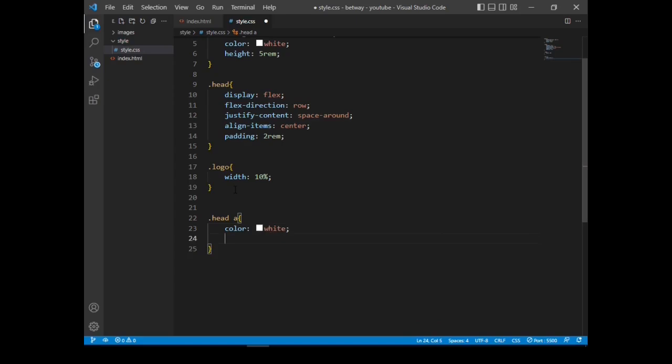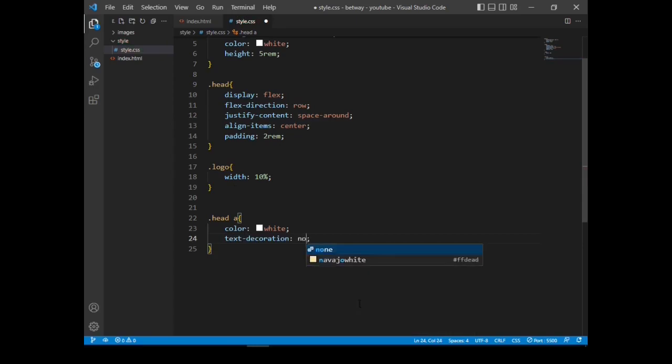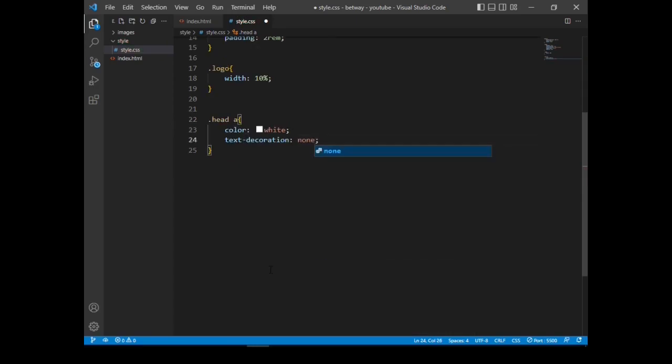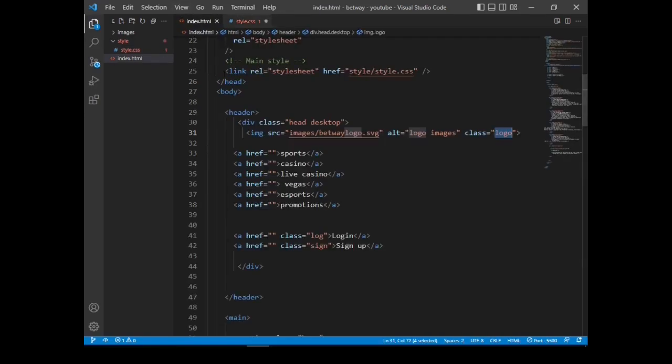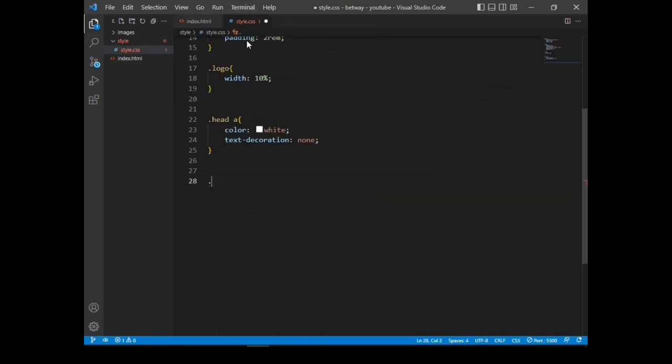Then let's remove the text decoration by setting it to none. Next, we're going to style this hyperlink for the login. Just copy color and